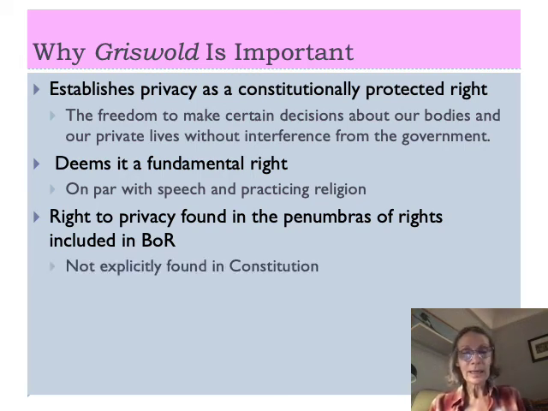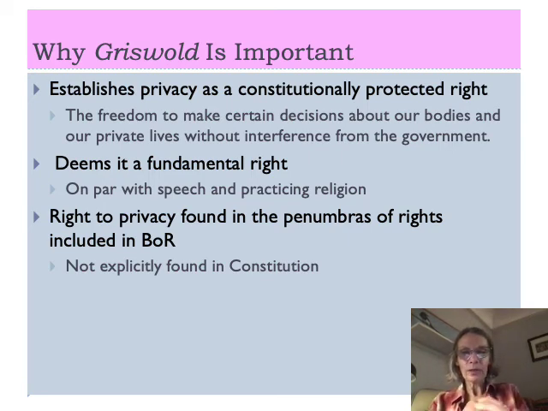It's not explicitly in the Constitution, but when you look at the First Amendment that says you have the right to associate, when you look at the Third Amendment where the government can't put soldiers in your house, when you look at the Fourth Amendment that says you have a right to be free from unreasonable search and seizure, and then when you look at the Ninth Amendment that says that just because a right isn't listed doesn't mean that that right isn't granted to the people, they basically said that when you take all of these rights together that are articulated in the Bill of Rights, that's where you find the right to privacy. It's found in the penumbras of the Bill of Rights.